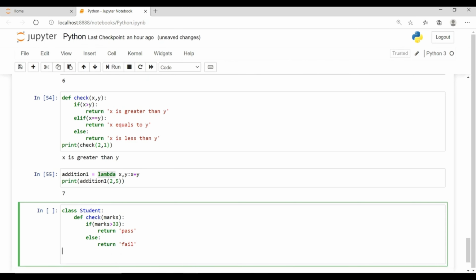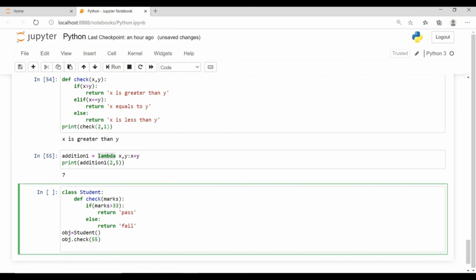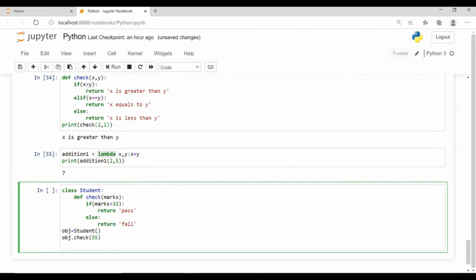And to call this student class, we need to first create an object. So I am creating an object, declaring a variable, suppose obj. To create an object of this class, we just need to use the class name and the parenthesis, that is Student. And to call that function, we need to use the object of that class and then the function name, that is check, and provide an argument here, suppose 55. So 55 is definitely greater than 33. So if we run this cell,